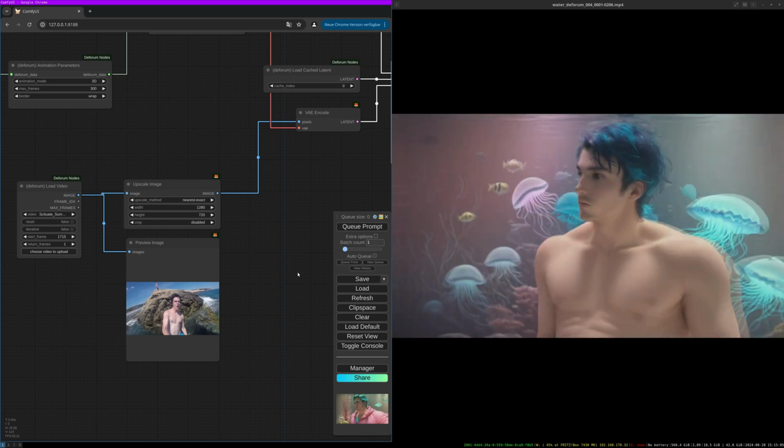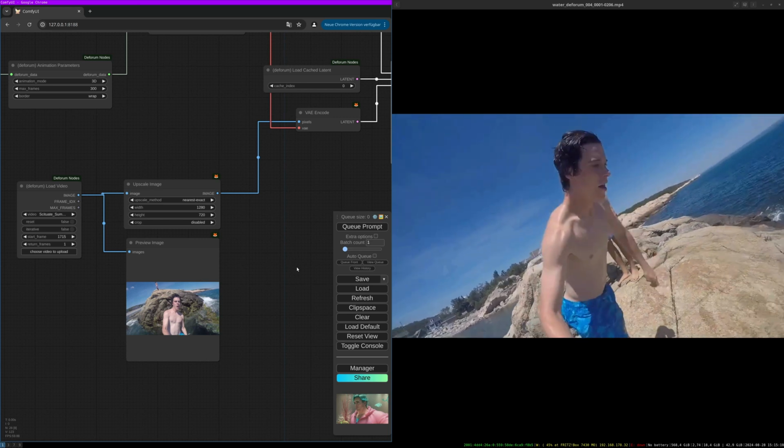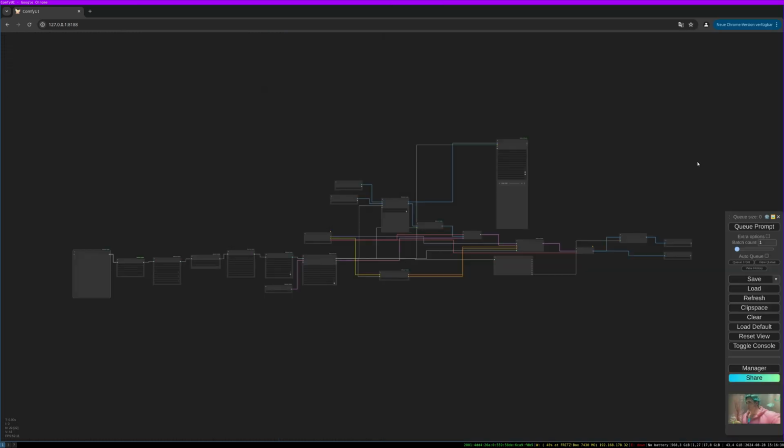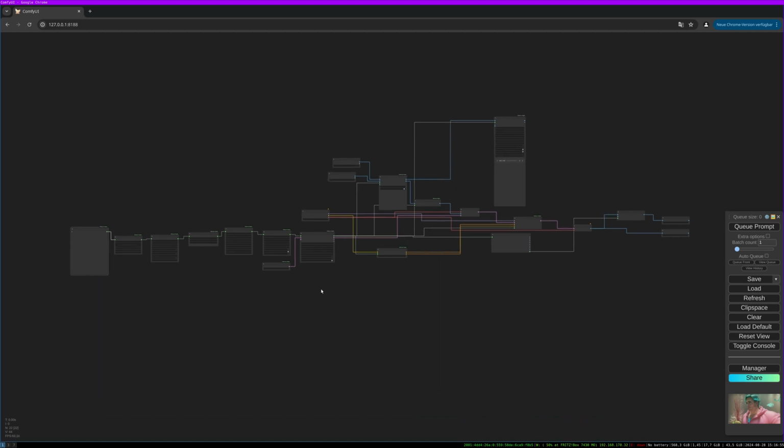So let's start from the standard basic workflow. Here we have the cadence workflow. You don't need a cadence interpolation workflow. You simply need a basic ComfyUI Deforum workflow, and all I show you should work with this workflow. So yeah, let's start